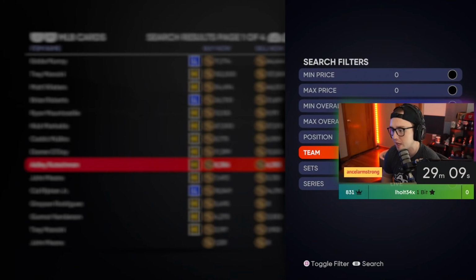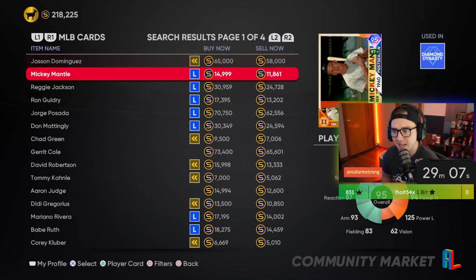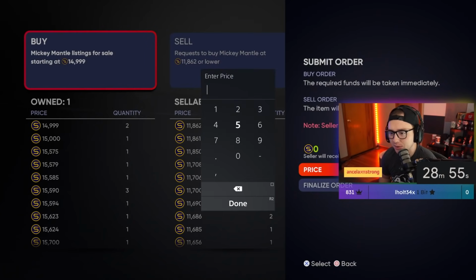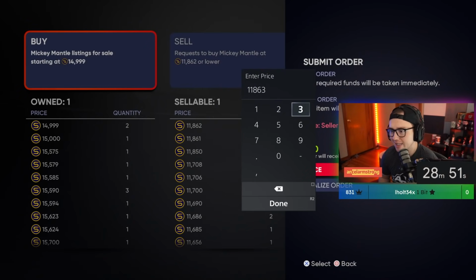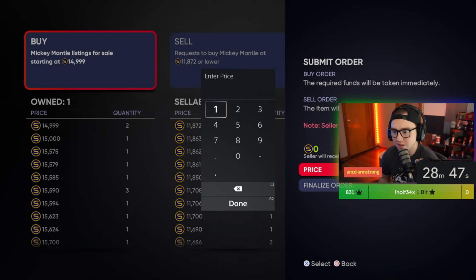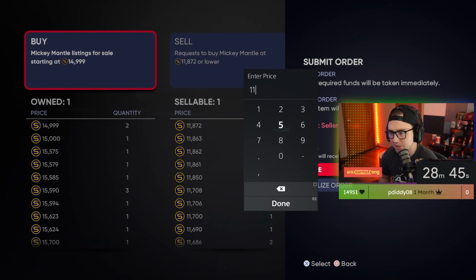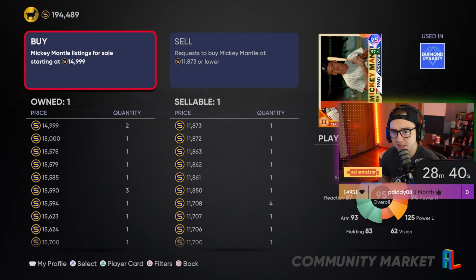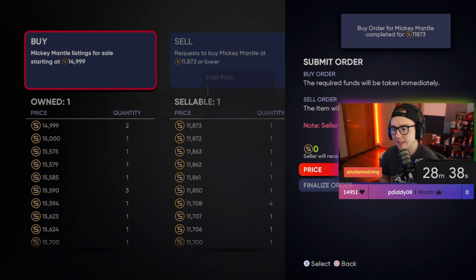Next one we're going to be moving on to here is the Yankees. Mickey Mantle, 14,999. Making almost 13.5 back. That is over 1,500 stubs, give or take. Just a little quick math, I'm not great at math, but that's okay. Come in here, 18,863. I can come in here and buy a couple. That guy just overcut a little bit. 11,873 will come in now. And again, every time we sell one of these, we're going to be making over,